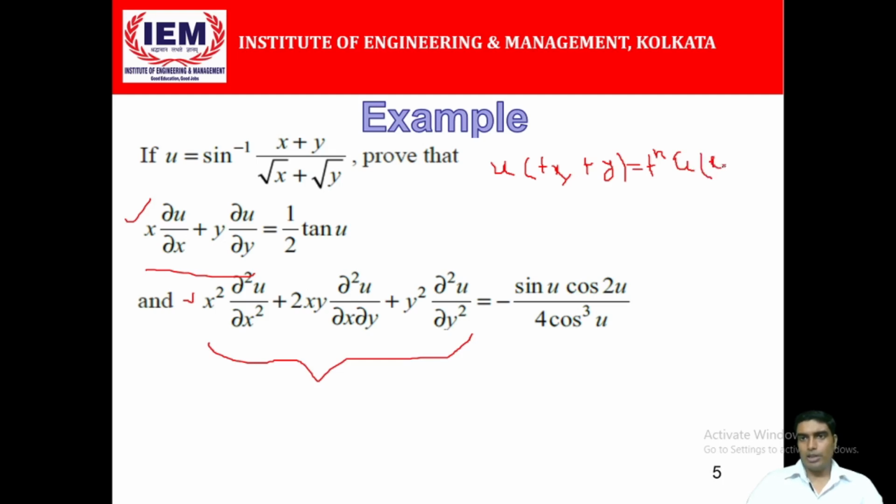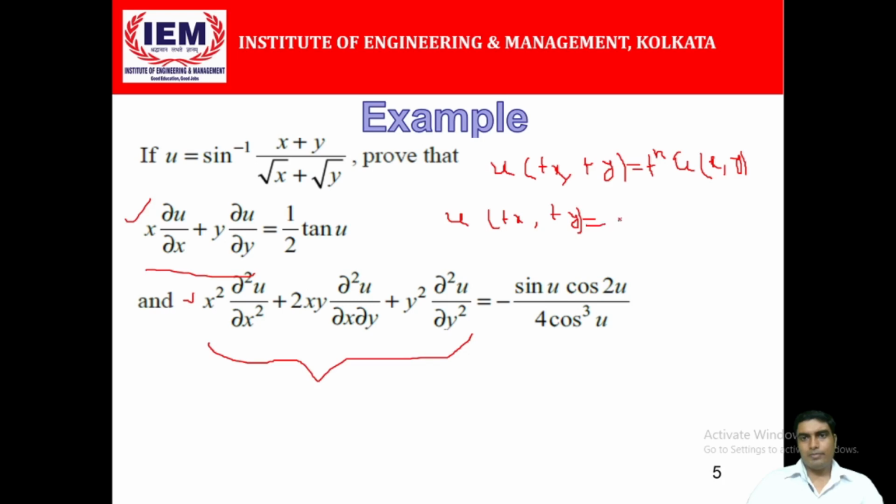It should hold for u, right? Now, if you put tx in the place of x and ty in the place of y, then you can check that u of tx and ty,